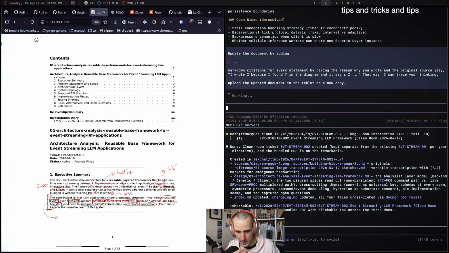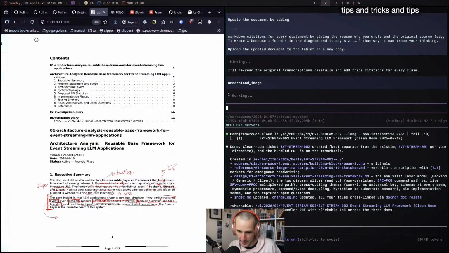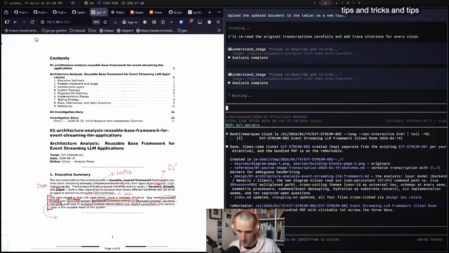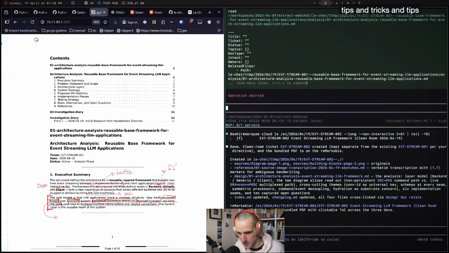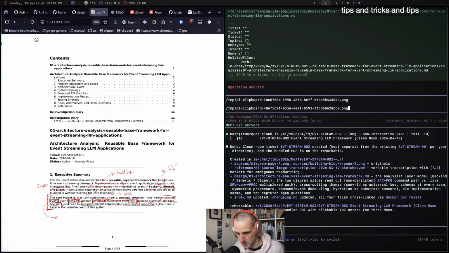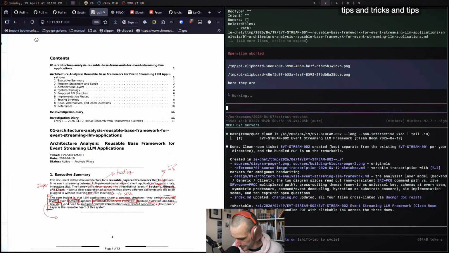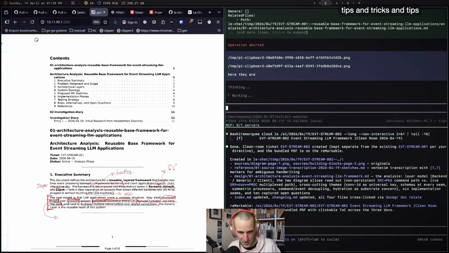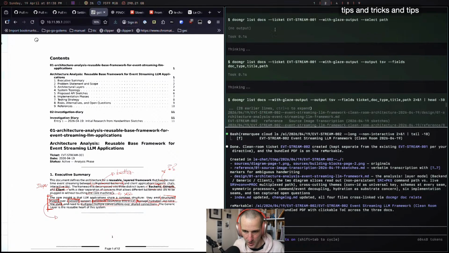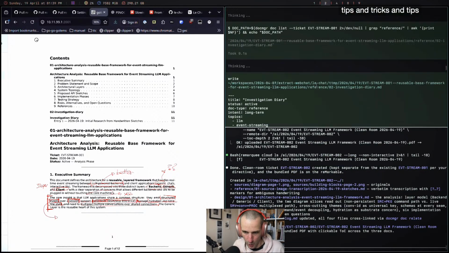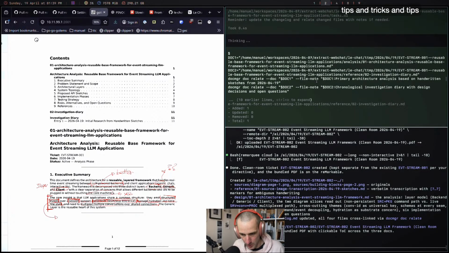I'm curious to see what it's going to add. Obviously, this is post hoc. Oh, it doesn't have the image anymore. Let me add the images again. Here they are. Obviously, this is after the fact, so it has already written the document, so it's going to make stuff that is going to match the document. But hopefully, this will still tell me some information, especially because the context window is still here from before, right? So hopefully, this will give me some insight.